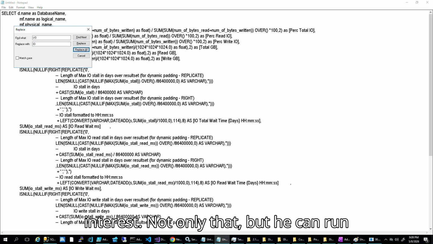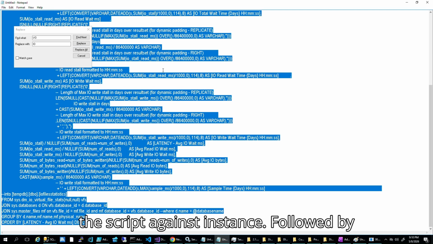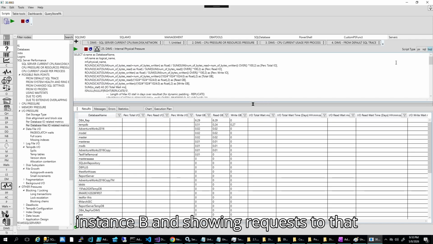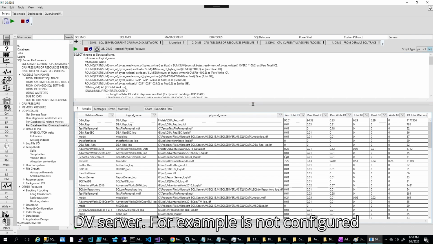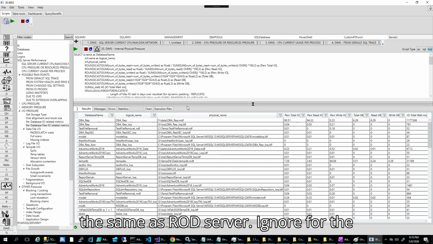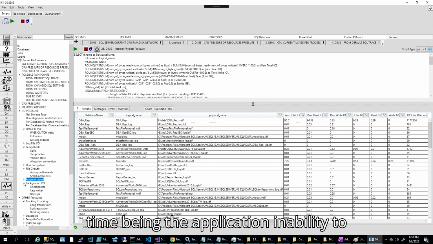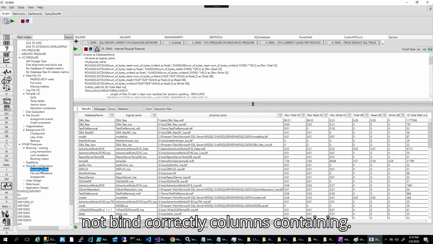Not only that, but he can run the script against instance A followed by instance B and show, for example, that the DEV server is not configured the same as the PROD server. Ignore for the time being the application's inability to correctly bind columns containing